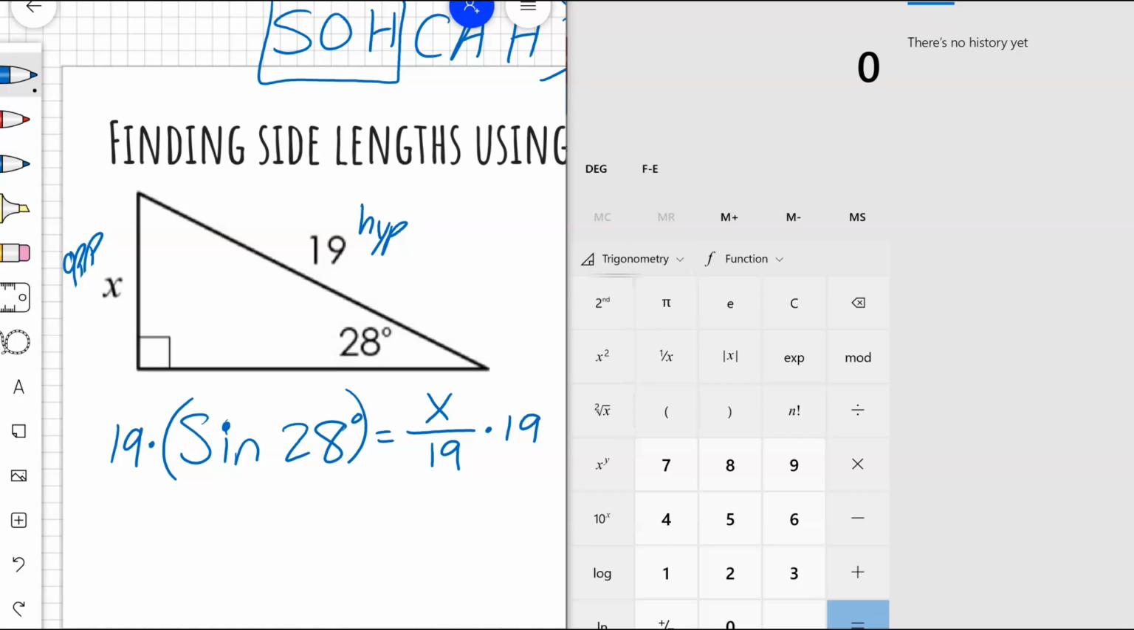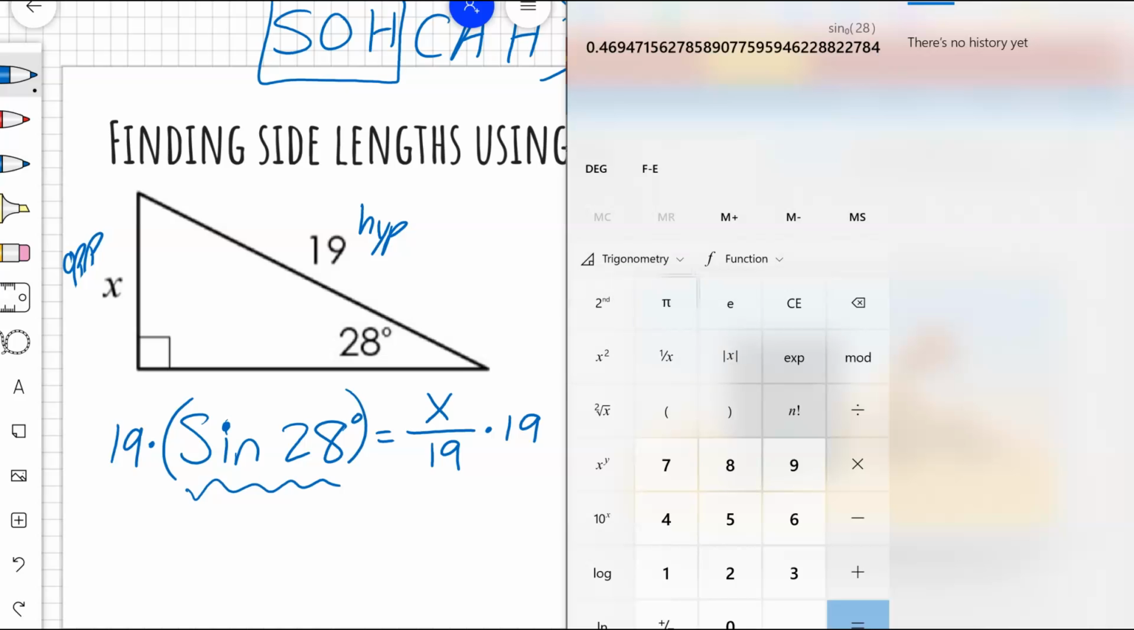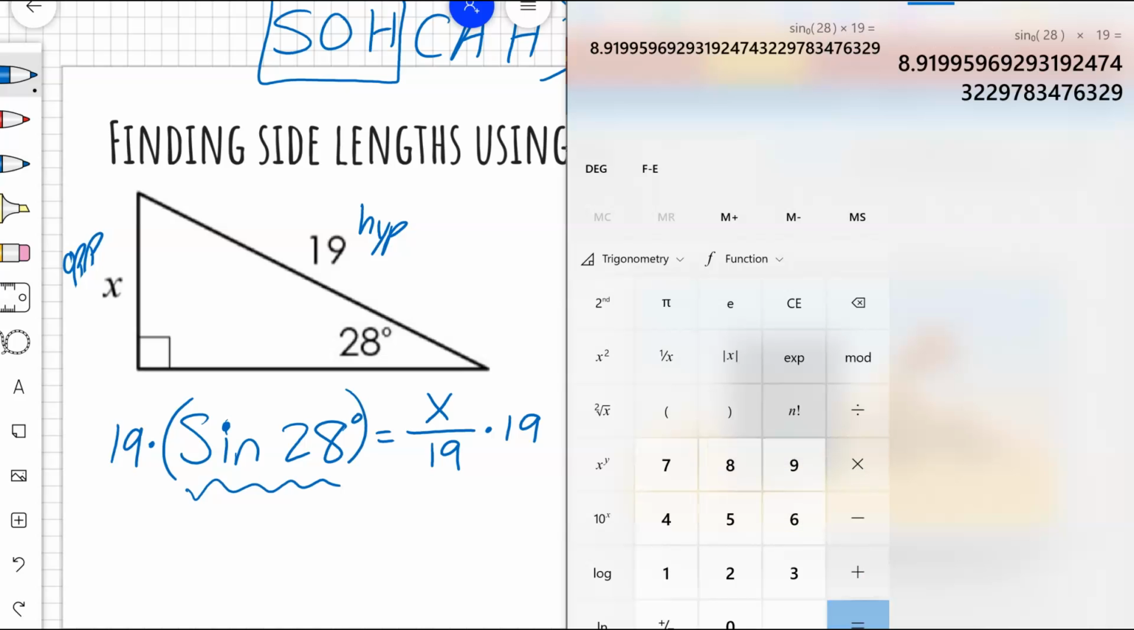Okay, so I would like you practicing your calculator. See if you can go ahead and figure out how to get sine 28. So we have 28 times sine, not sin. Okay, and notice how it comes up with that very long number. All right, I'm going to go ahead and multiply that because I have to multiply it by 19, and that's going to give me